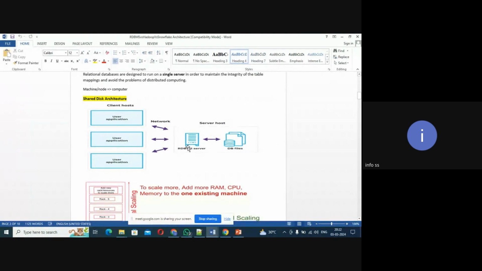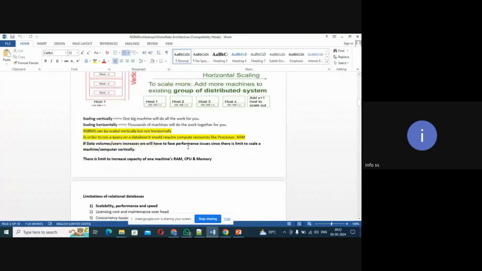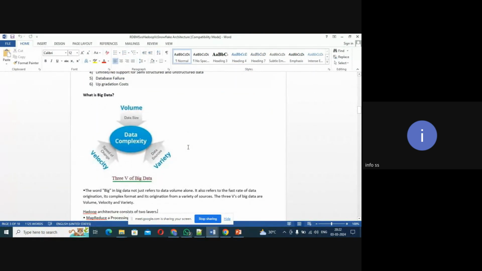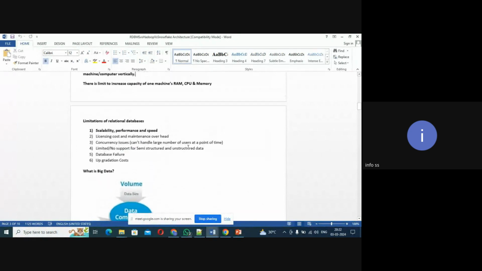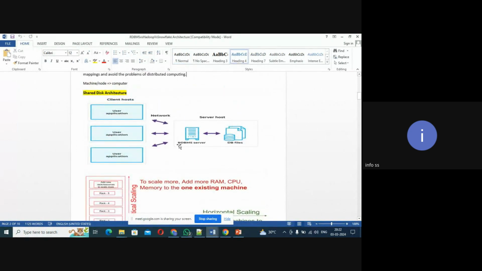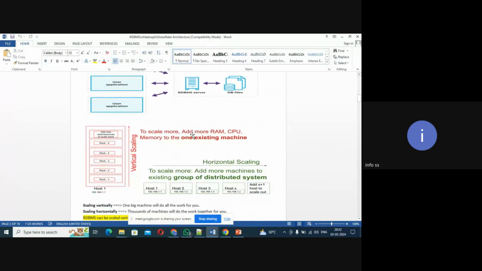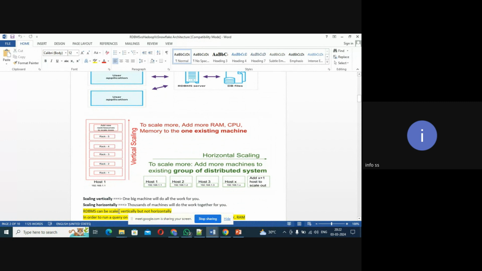And it's not just structured data, we have a lot of other data as well, like images, audio files, video files, PDFs. This kind of data is also growing fast, right? To handle that, it will be tough in a relational database. The reason is, if the volume of data increases, we can scale those